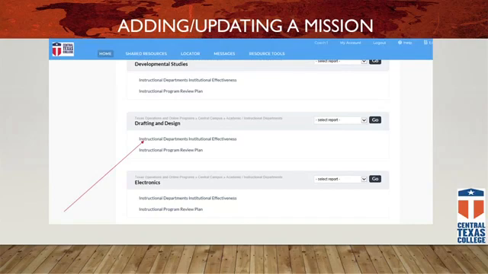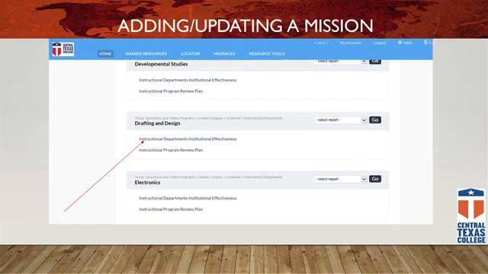So how do I update and add a mission into TaskStream? Okay. If you'll remember that we've just undergone a whole process of updating our strategic initiatives, our strategic goals, and the college's mission. So in the fall of this year, you'll be getting information on what the new college's mission is and what the new strategic goals or priorities are. So what you'll want to do first before you start entering any of your improvement plans in the improvement plan area is probably update your mission so that it's aligned with the new college mission.